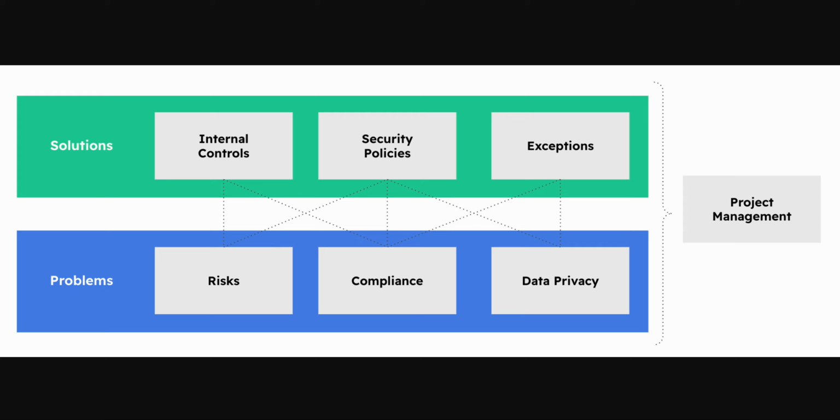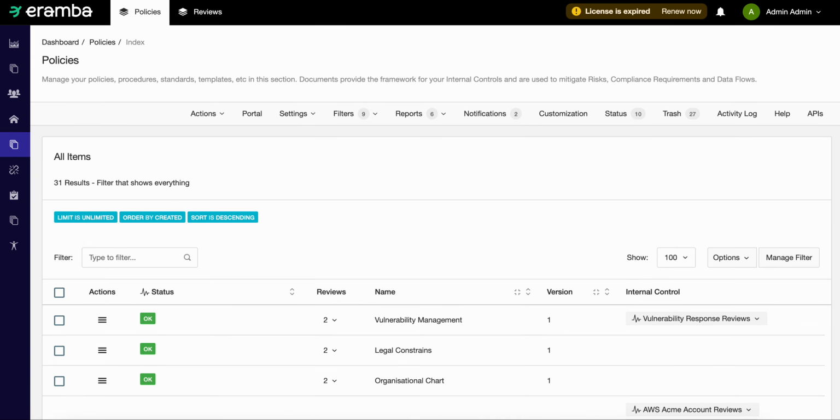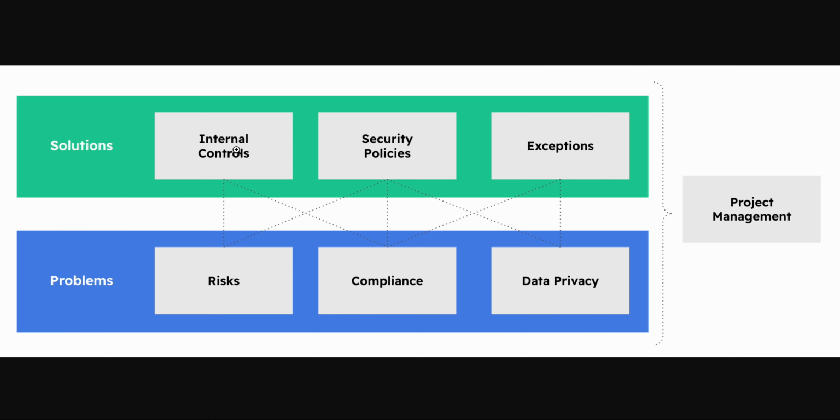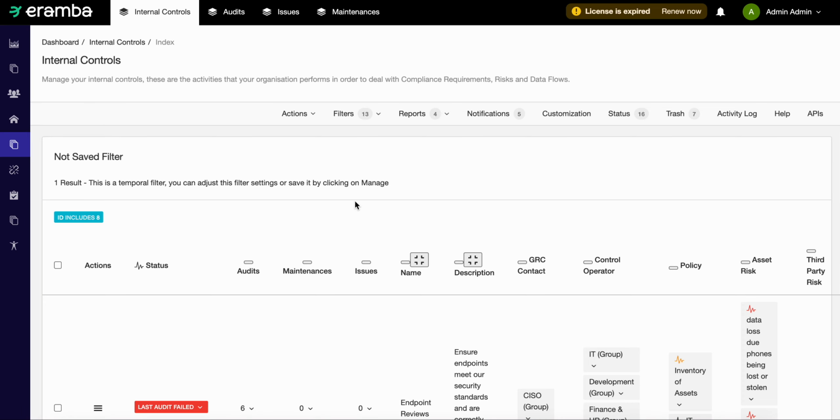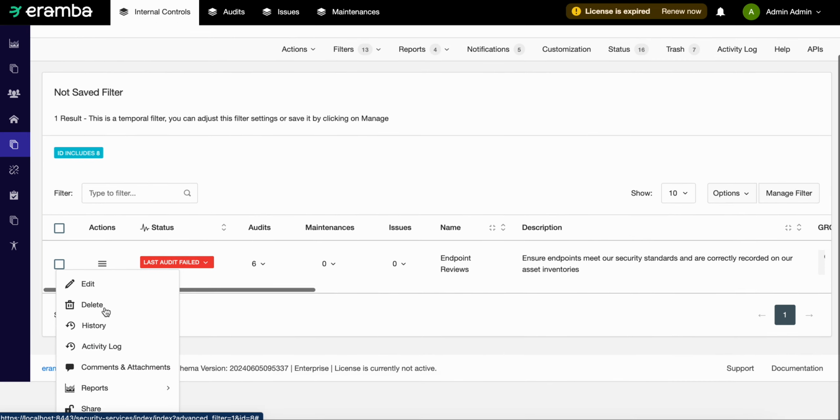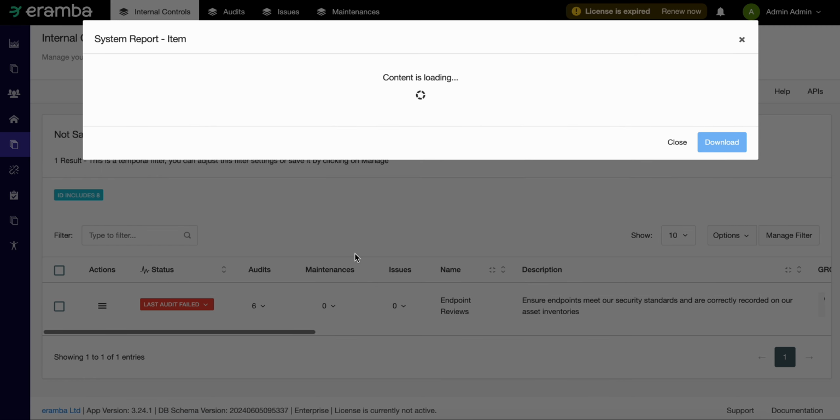Now, it's important to understand that the solutions up here will be leveraged many, many times down here. The typical leverage in the community is 5 to 15. What that means is if you have 1,000 problems, you do not need 1,000 solutions. You will need maybe 100. I'm sure we can see it here. Look, if I take this control here, endpoint reviews, and I pull a basic report of that control,